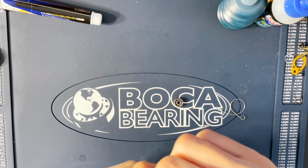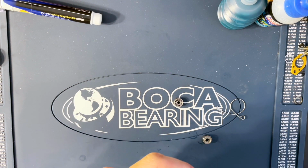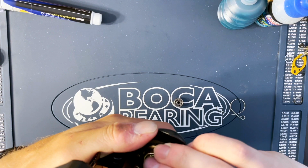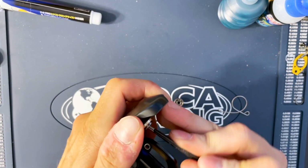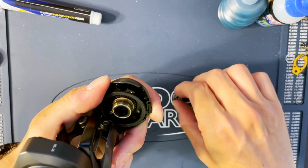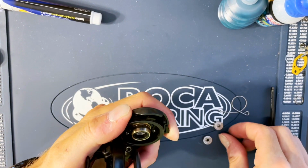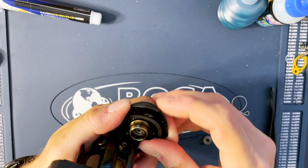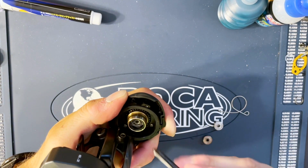All right, so that one's done. Again, you have the little clip. You want to take your tweezers, pull that clip out, drop the bearing out, put the new one back in, make sure it's seated all the way, put the clip back on, make sure it's in its little groove,